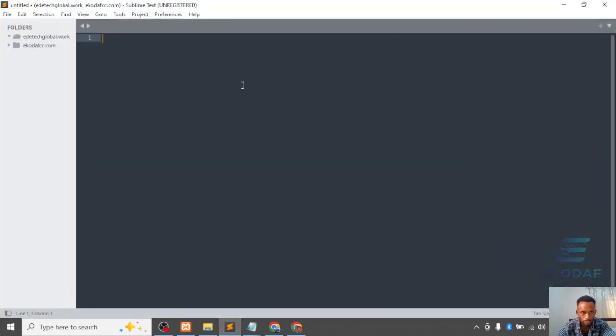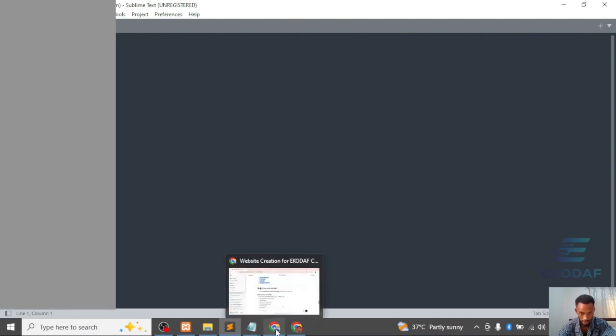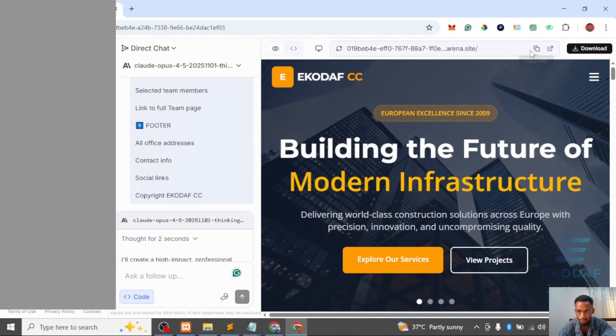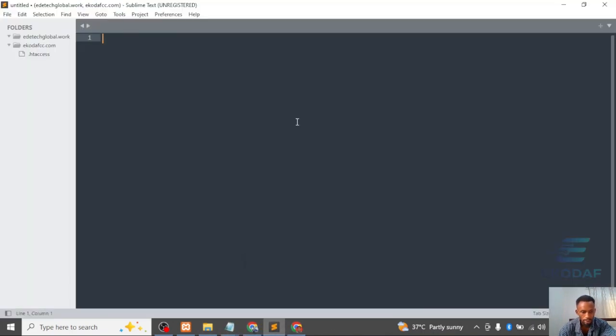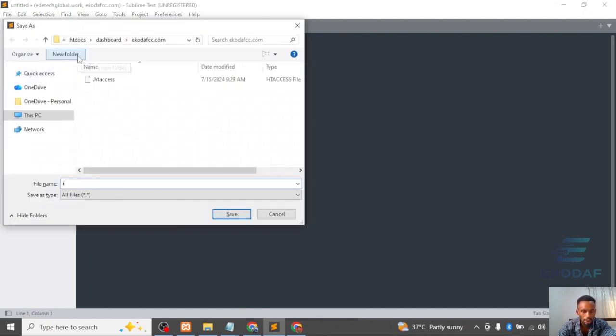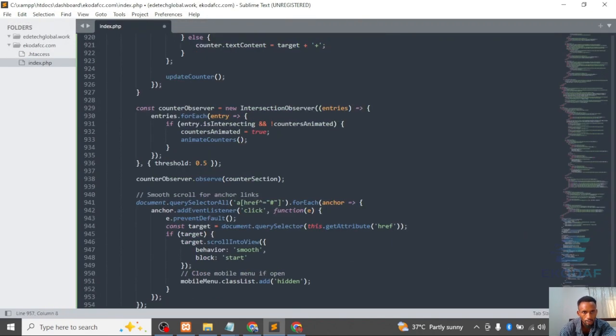So I will open my Sublime, my code editor. So you can see this file is inside it. So let me copy the code again. I've copied the code. So I will create a file called index.php. I will hit submit. All right, so